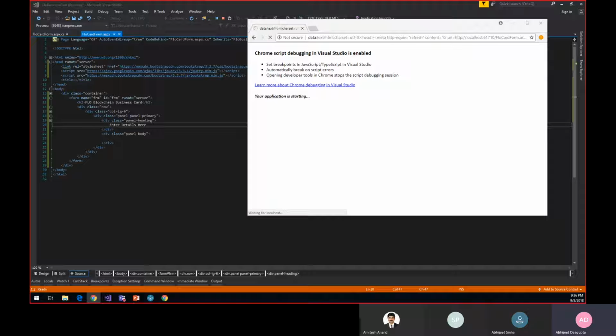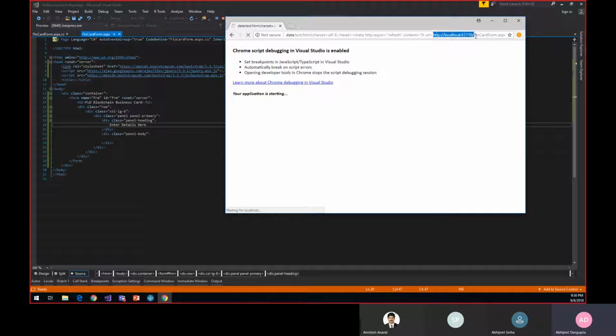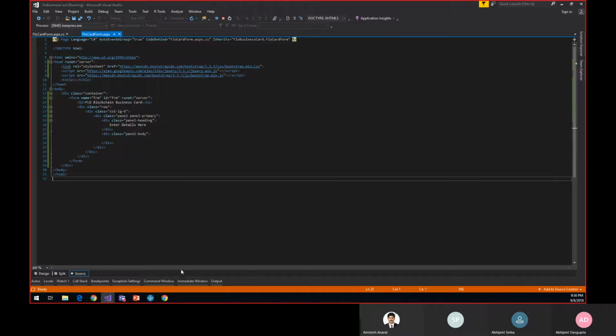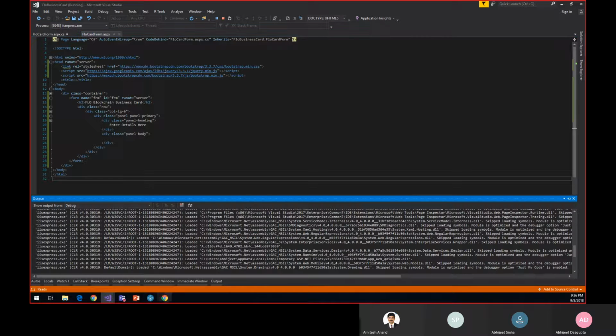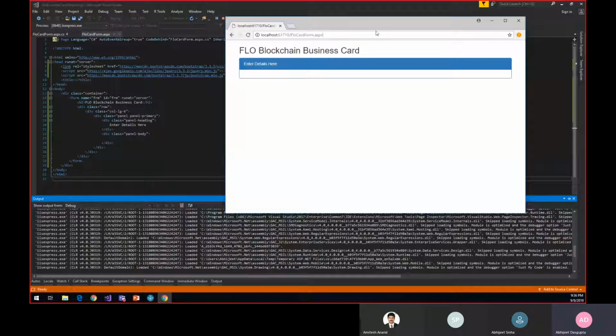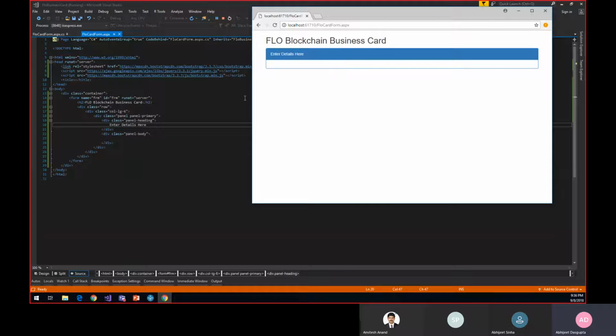And also, if you see, this particular browser is actually debugging the Visual Studio JavaScript code. So this particular application is being called. So I'll just copy the URL over here and directly run it, and let's see what comes up, because the debugger is taking a lot of time to start. Okay,